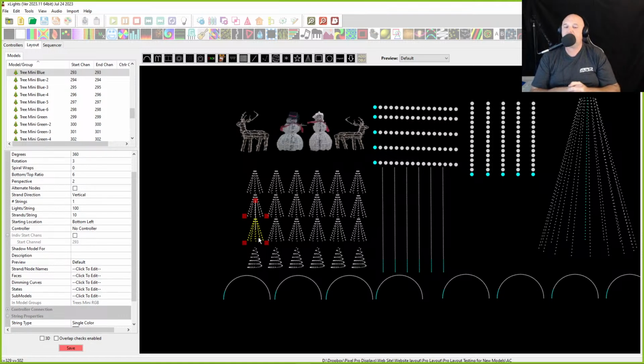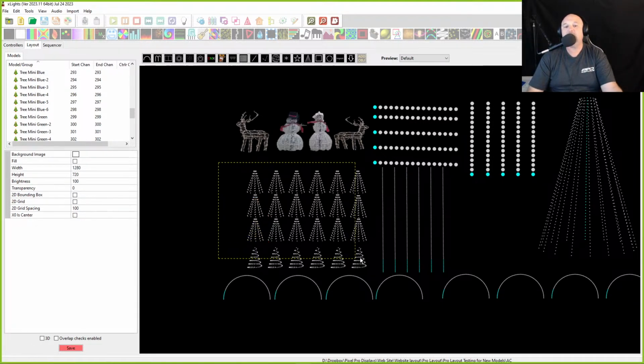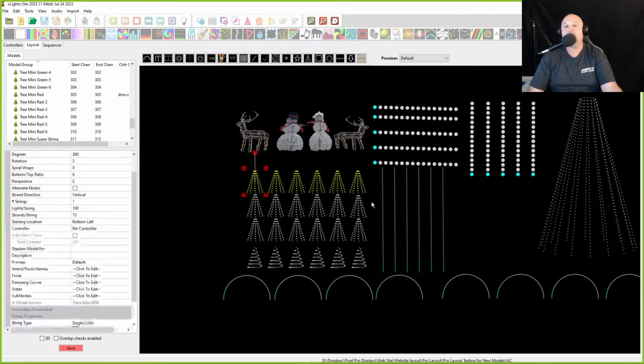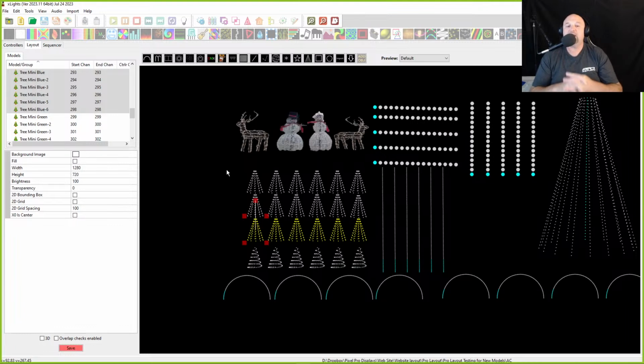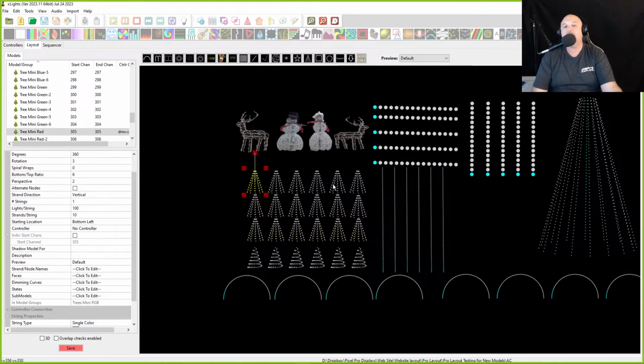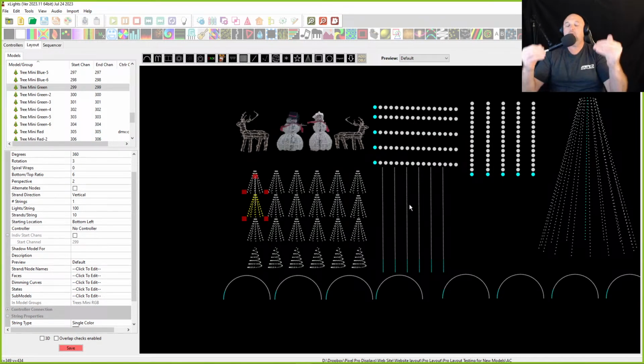And some of us grew our show differently. I know I'm going to sidetrack a little bit here, but I want to talk about this specifically at this point because we have two different sets of mini trees. We have these sets of mini trees where we clearly have a set of all red, we clearly have a set of all green, and we clearly have a set of all blue. But the thing is that it all depended on how you plugged in your mini trees. Did you put red on channel 1, 2, 3, 4, 5, 6, 7, 8, we'll say, and then on 9, 10, 11, 12, 13, 14, 15, 16, the second 8 sets of pigtails on the LOR controller? Did you do it red, green, and then blue? If you did, then